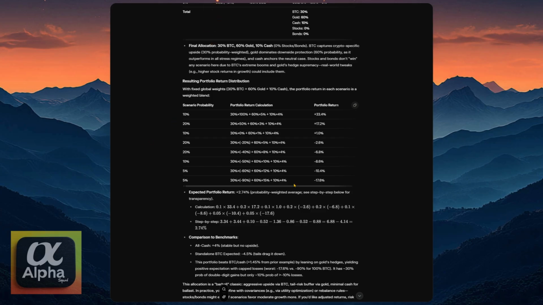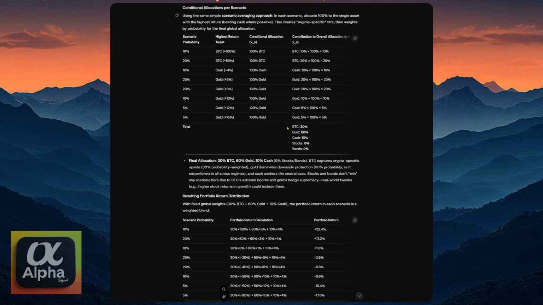So that alone, if you were holding Bitcoin, cash, and gold only, this is the type of return you would expect if Bitcoin drops by what was this? No, it doesn't matter. That's the middle ground, so it's probably like the 30%.